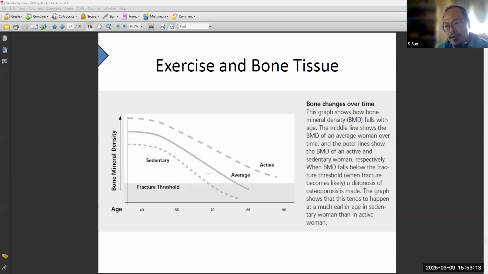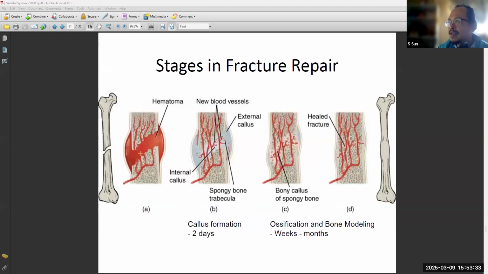One thing we need to know is how to bring this to your daily life. Bone density decays over time. What I'm showing here is age and bone mineral density. So we saw this bone has this